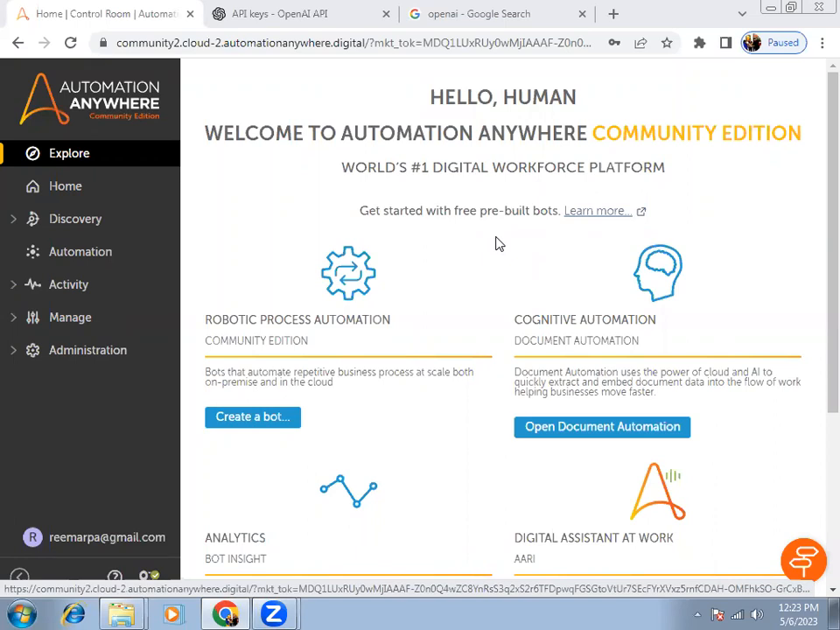OpenAI, and how we can chat with ChatGPT through Automation 360, how we can raise our query, how we can ask any query to ChatGPT and how ChatGPT will return the response, right? Through Automation Anywhere we are going to do all these steps. So for that, the first step is